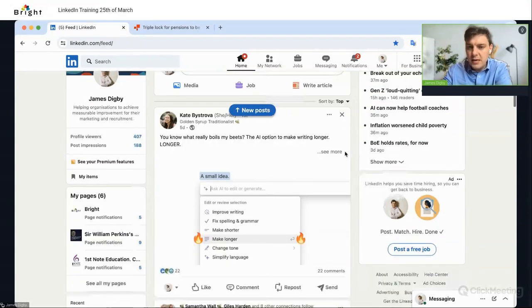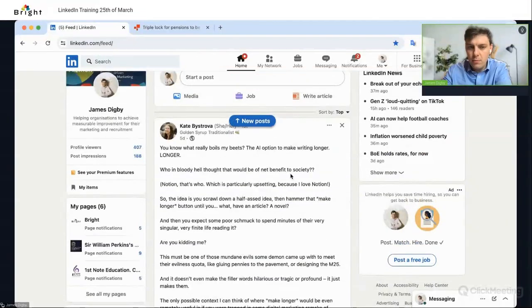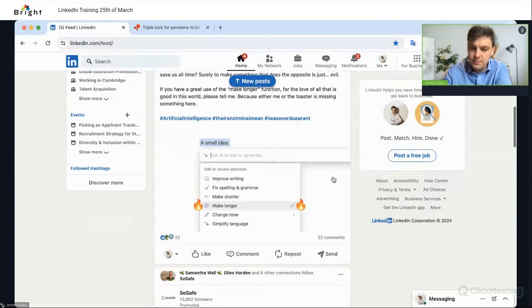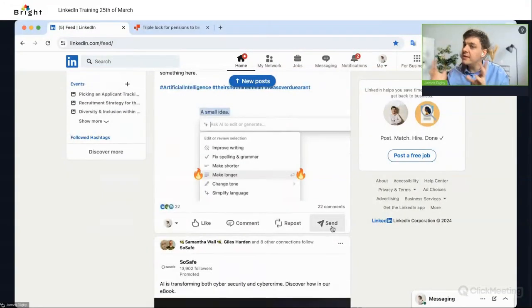When people engage with that content, they click see more, they spend time reading it, they comment, they like, they repost, they send it to someone. It gives it more value. And the reason this is important to understand is because initially you're going to be building a bit of a bubble. So when you share content, to get outside of that bubble, you need to be thinking about what your target audience wants to read about. We'll come on to this a little bit more with the marketing element that we're going to talk about, but it is